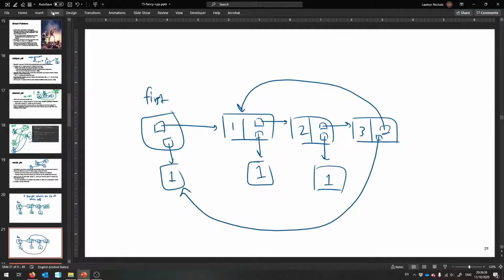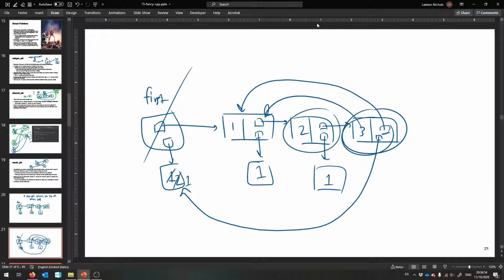There, they share, and the last thing is pointing to the first node. So this has a reference count of 2 now. So if first ever goes away, this is going to get bumped down to 1, and this list will never delete itself, because this 3 is blocking this 1 from being deleted, which is blocking this 2 from being deleted, which is blocking the 3 from being deleted. You see that? So a shared pointer